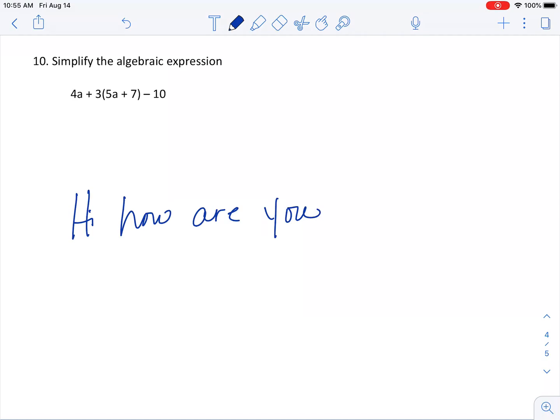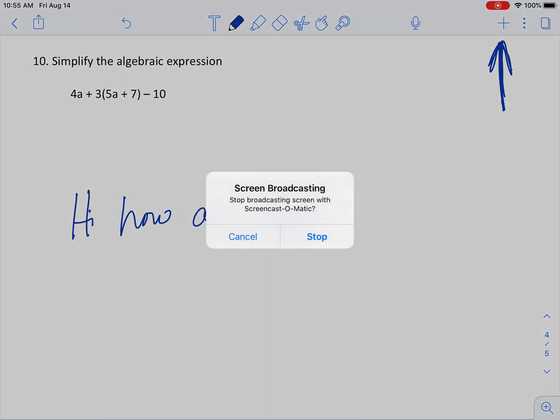But when you're done with your video, you're going to go back up here. See that red little recording dot? You just click it. And it's going to ask you if you want to stop. And you're going to say